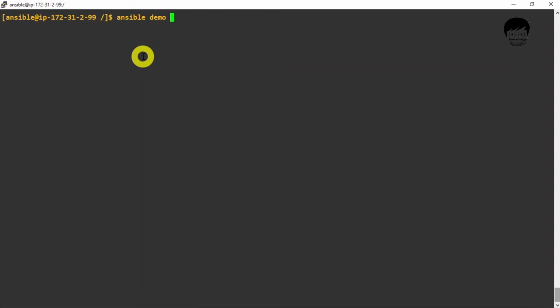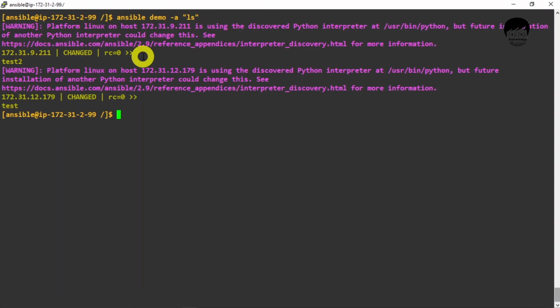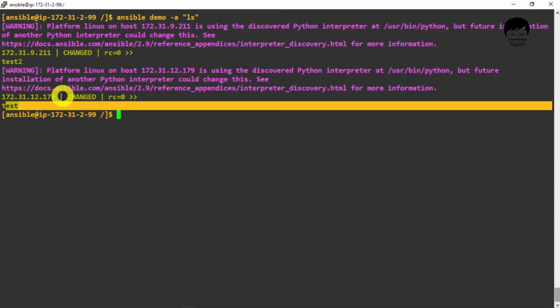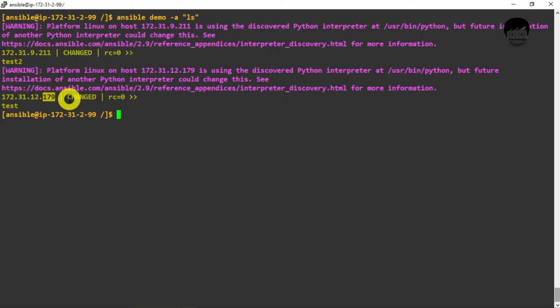So I enter demo, and hyphen a is the argument, which will execute whatever I have written in the inverted commas, ls. I hope it will work. And yes, you can see we have the test2 file in node 2 and the test file in node 1. So it executed this command.